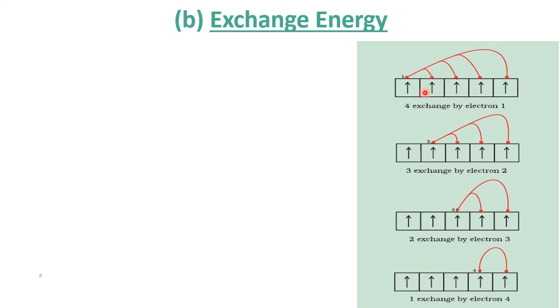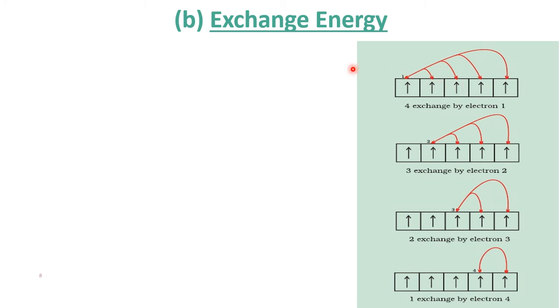So this electron can go for 4 exchanges. If it goes for 3 exchanges, or 2 exchanges, or only 1 exchange, that means the fewer the exchanges, the less work it is doing. The more the number of exchanges, the more work it is doing. The electron is busy; it is not free. More exchanges means it is doing more work, so it is spending energy. When it is spending energy, energy comes out, in the form of exchange energy. So the more the number of exchanges, the more energy it spends, and the exchange energy comes out.